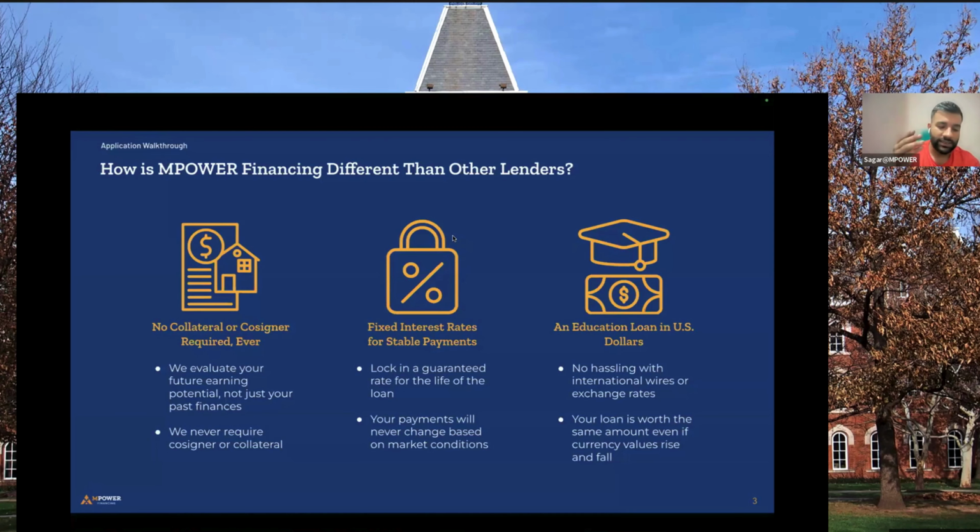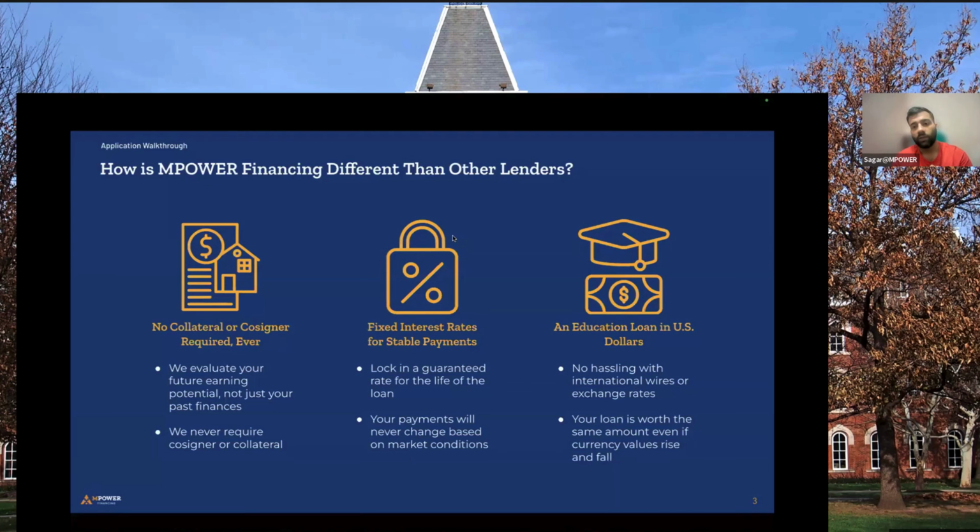So what that does is it gives you that peace of mind that once you're approved for the loan, you would know at that very moment what your repayment would look like and what your interest rate would look like. So, irrespective of the market conditions changing, the global geopolitical scenarios changing, it would not hurt your repayments and your loan balances. So, it gives a lot of peace of mind, especially as a student, where you need to focus on your education rather than focusing on the repayment piece or the market conditions. Which is why this also adds a lot of advantage to anyone who's taking a loan from MPOWER.